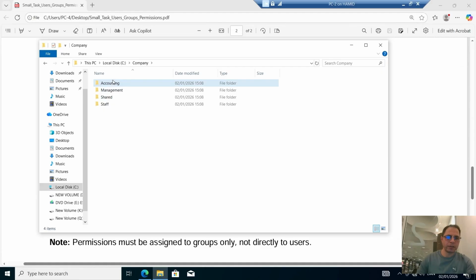Shared, management, accounting, staff, and we can create one of them as IT staff. Okay, so actually we created 5 folders here, and now we have to